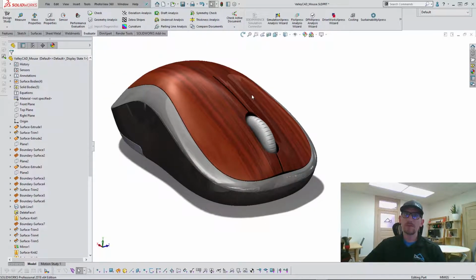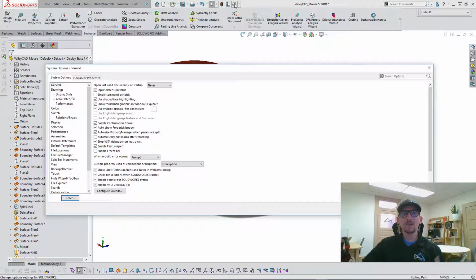How we can actually speed this up is enabling the freeze bar. And that's what this whole video is about. So where do we go to activate this? Let's come up here to our options. And where this is actually located is under our System Options, General, and under the General page, it's Enable Freeze Bar. It's the very last checkbox on this first set of checkboxes. So when I click on that and click